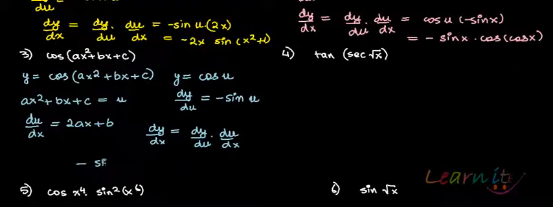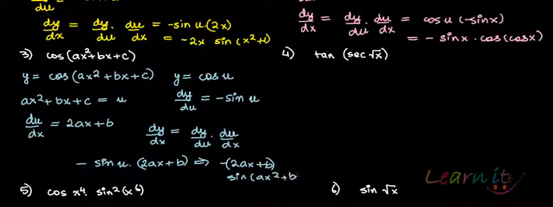Minus sine of u, and du by dx is what? 2ax plus b, which could be simplified as minus 2ax plus b into sine of, in place of u you will write ax square plus bx plus c. Okay,